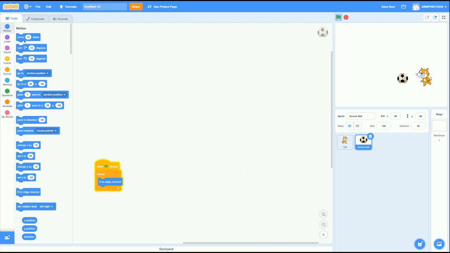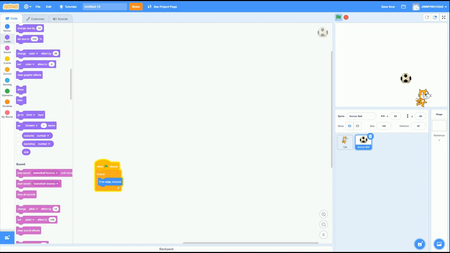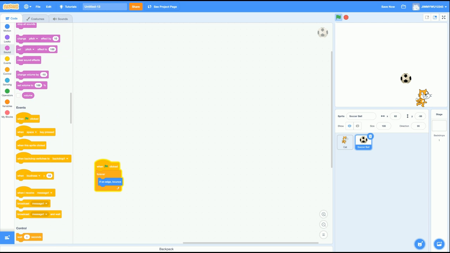So, let's make it move 10 steps when it bounces. Because it's forever, it keeps on moving. See? It's bouncing. So, we don't want that. We just want this simple code, so we're gonna delete this. If on edge, it's gonna bounce, and let's